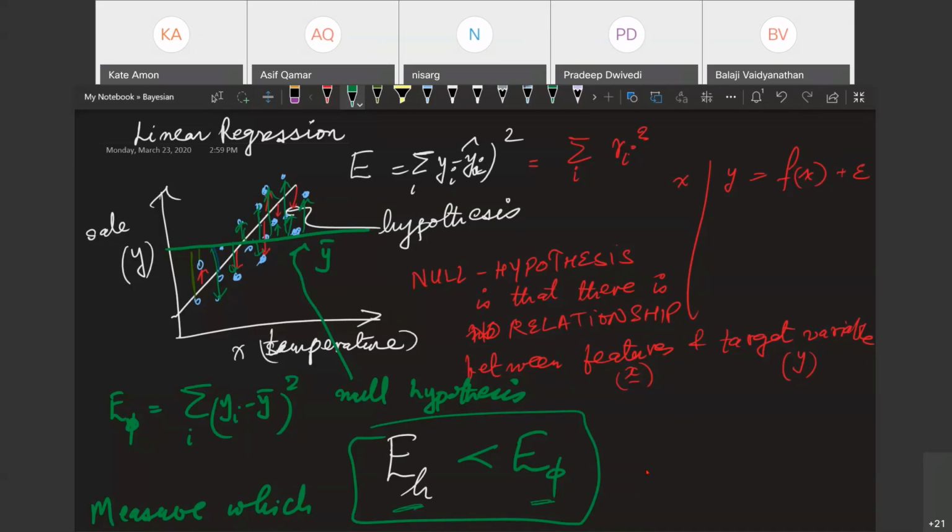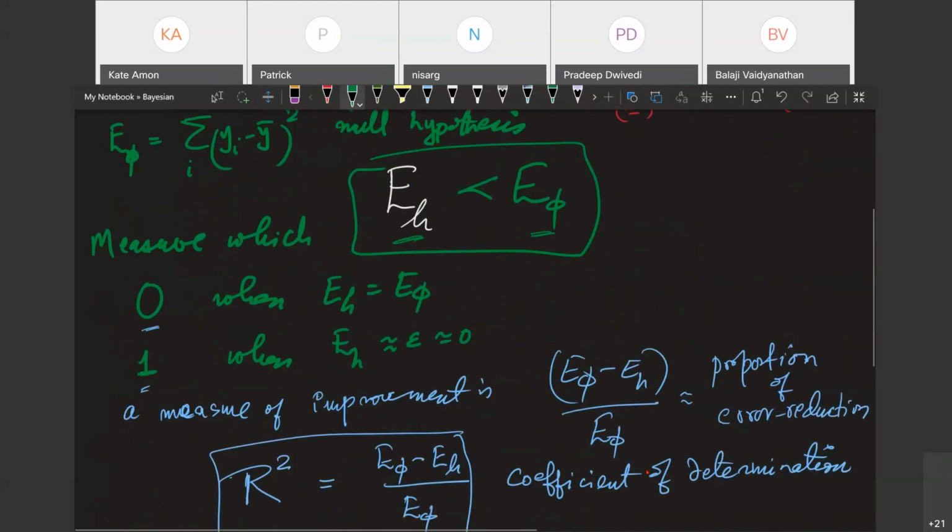So the error of a hypothesis is just a random selection? No, of this line, of this best fit line that you made through the data. Right? So what you do is, remember, you try to find the best line going through the data. But if it is best, it better improve upon it. Otherwise, what is the meaning of best? The best line through the data should at least improve and have lesser mistakes, lesser error compared to the null hypothesis. Is that clear?